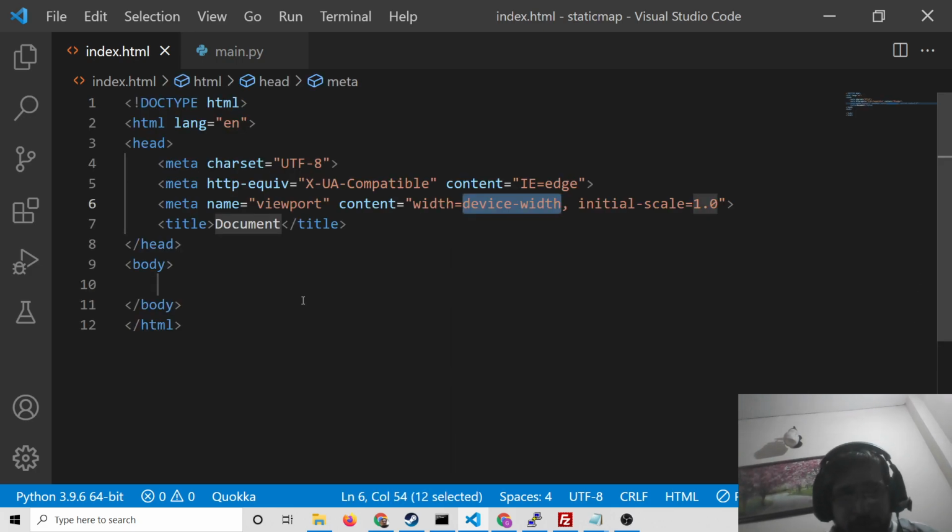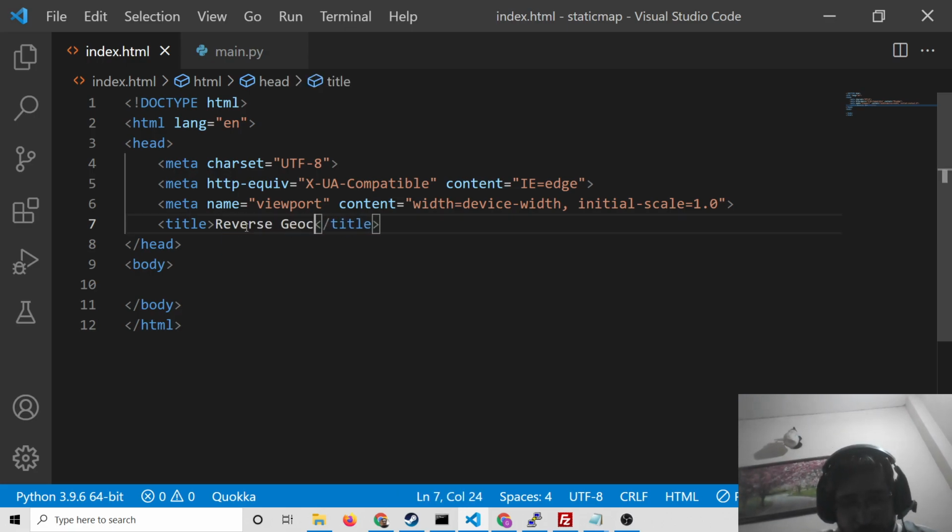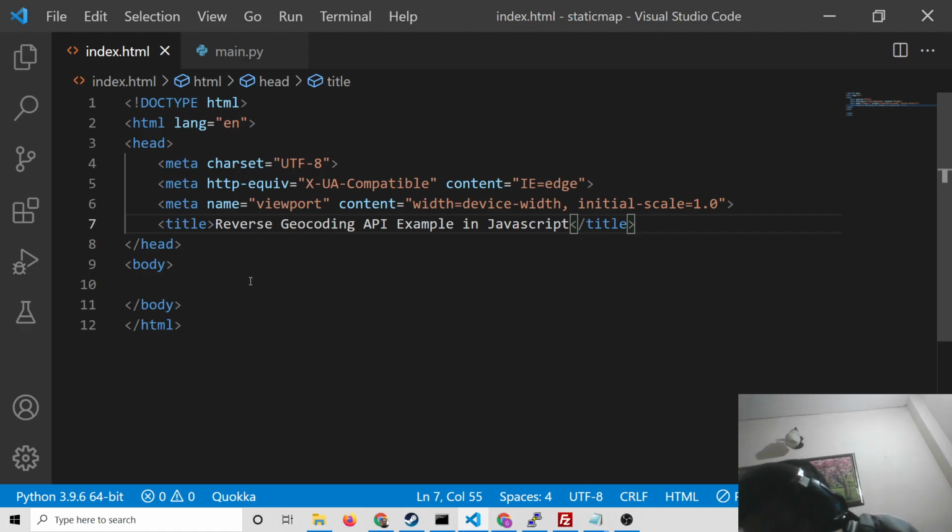Now we will be making this application. I will change the title to reverse geocoding, in JavaScript. First of all, we want to take the user input.